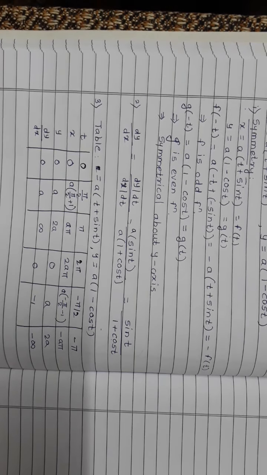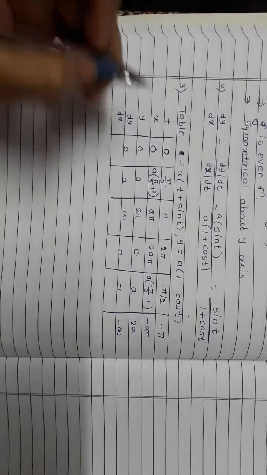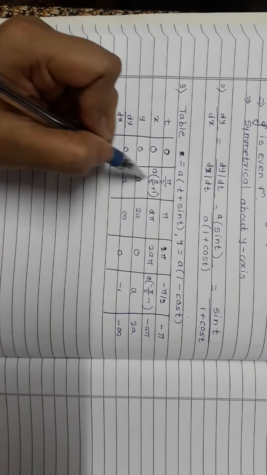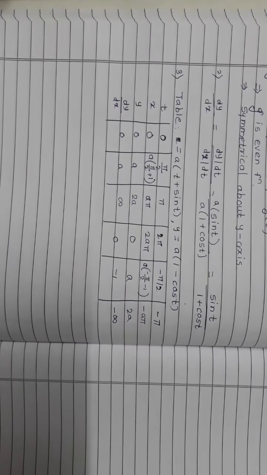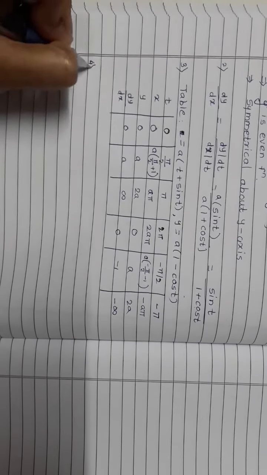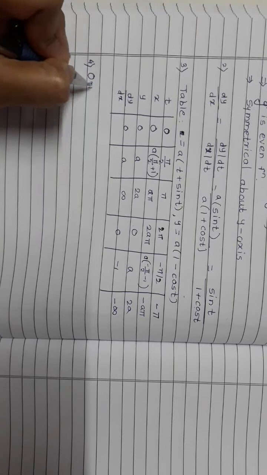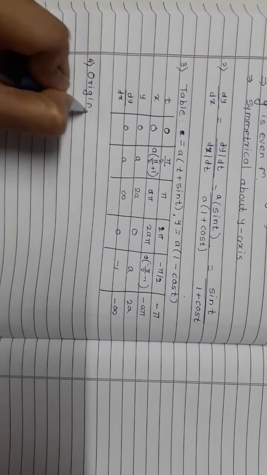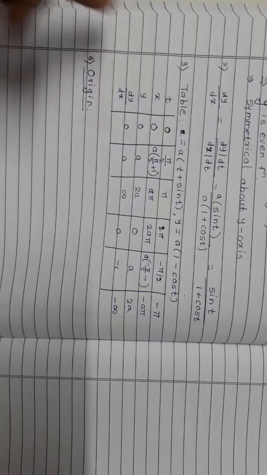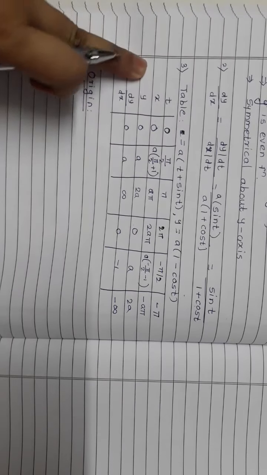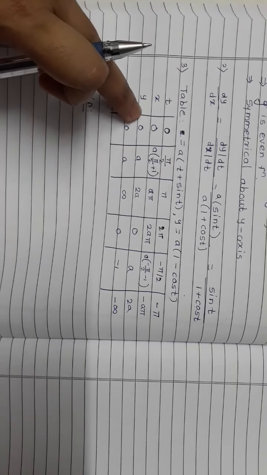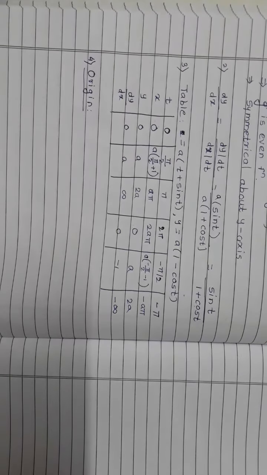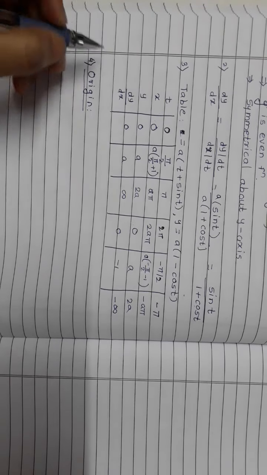Okay, now once you have the table, why is the table most important? Because I got pairs of x, y here. Using this I am going to plot the points and join them. But before that I am going to verify whether the origin is present here or not. For that I am going to find some t for which both x and y are simultaneously 0. So note that for t equal to 0, both x and y are becoming 0. That means the given curve passes through the origin, right?